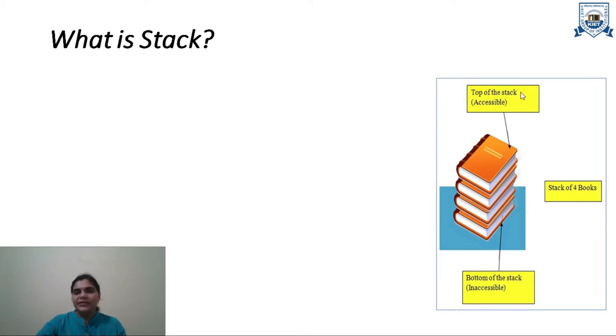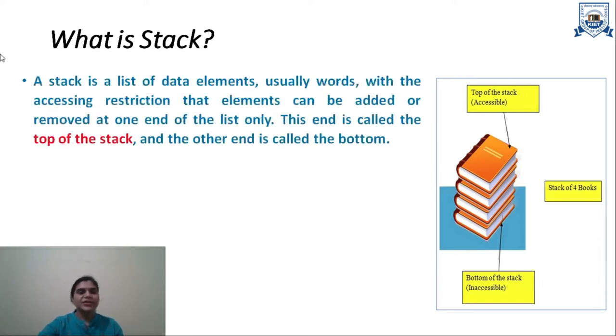For example, as you can see in the image here, a stack of 4 books is given, showing one end as the top of the stack, which is accessible, and the other end as the bottom of the stack, which is inaccessible. Whenever we want to pick a book from this stack, we always pick the topmost book. Whenever we want to put a new book into this stack, we always put it onto the top of the stack. So with the formal definition, a stack is a list of data elements, or we can say